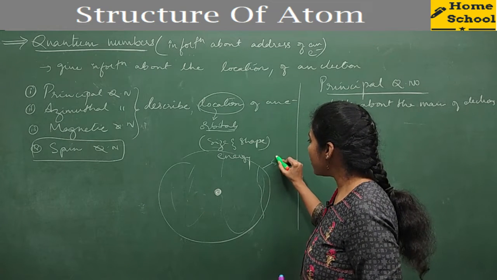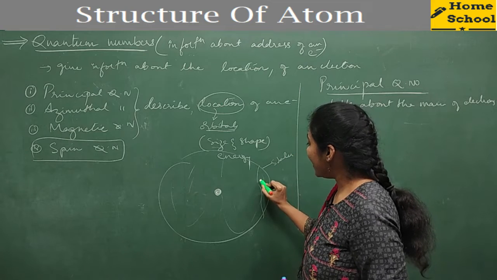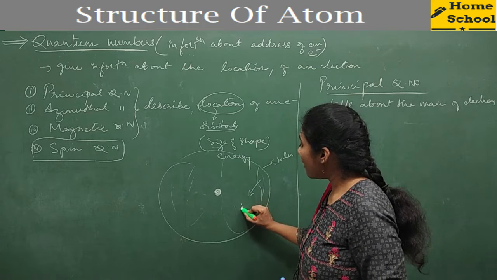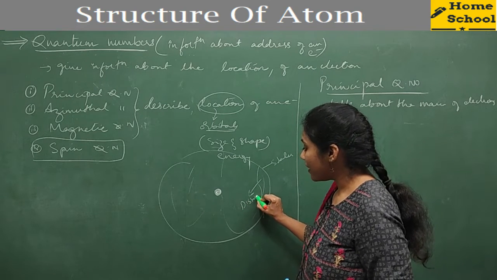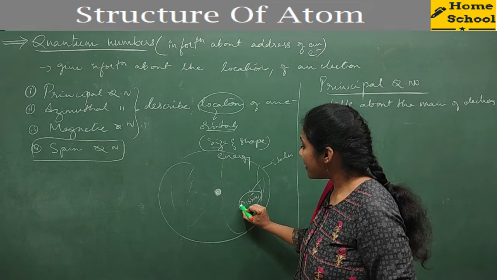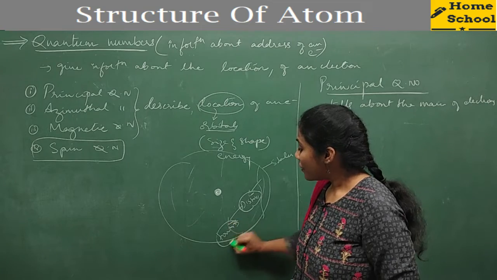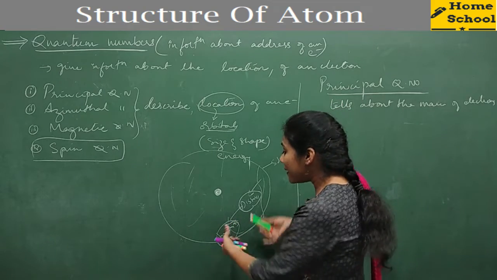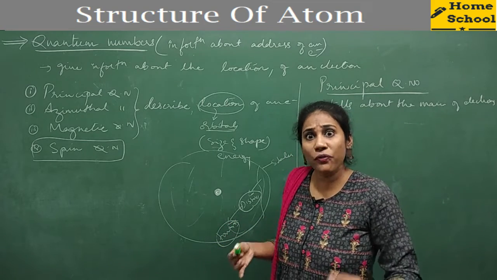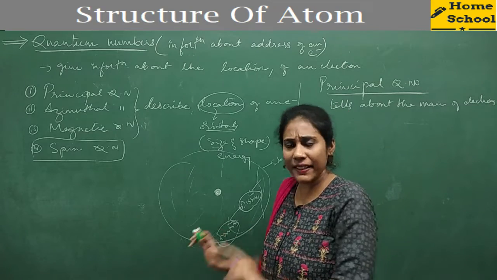A country will have something called states. Again, inside a state you will have something called districts, right? And again inside a district you will have something called towns, right? So you people will stay in a particular town, right? So where do we stay? We stay in a country, no doubt.